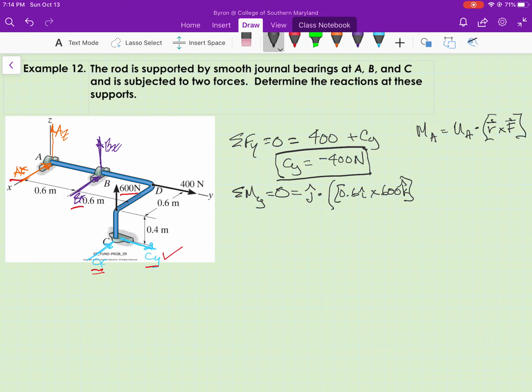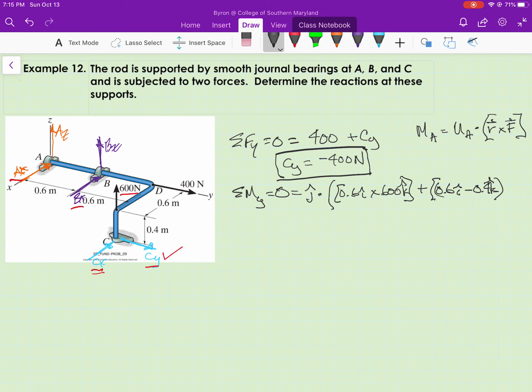And then c sub x has a position vector of, put this in brackets again, 0.6i minus 0.4k. Okay,